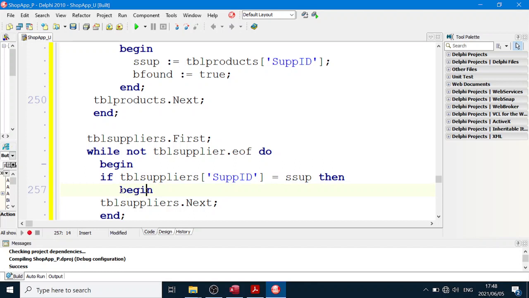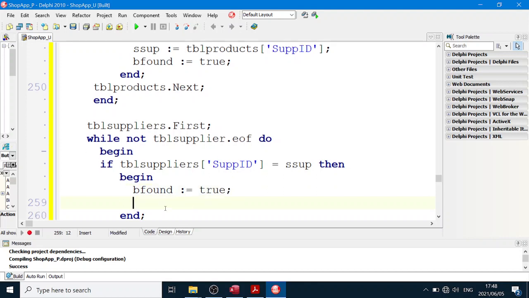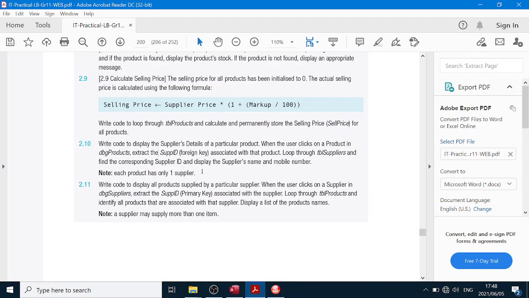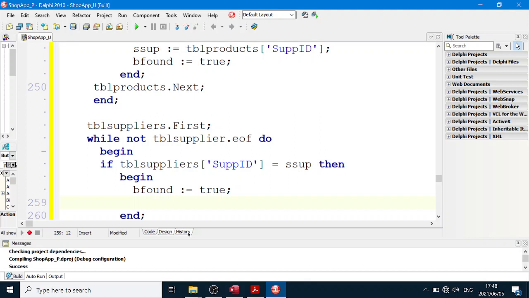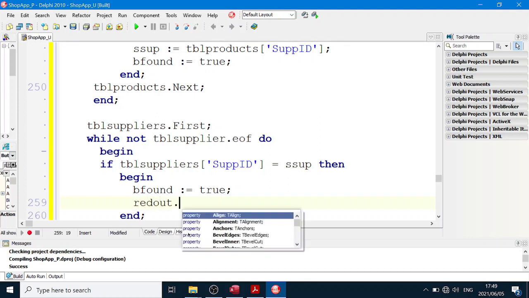We'll set a Boolean flag to true, because it's the right thing to do. And we will also do something about the supplier name. They say display the supplier's name and mobile number. Each product only has one supplier. Yeah. Already out dot lines dot add